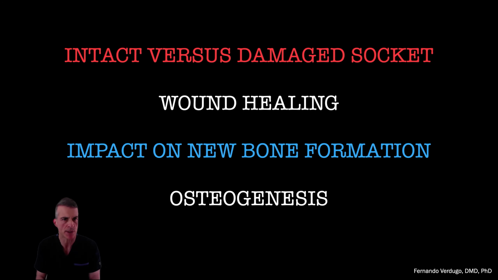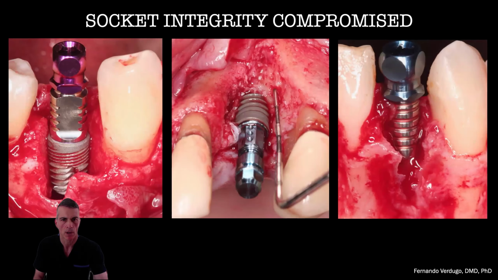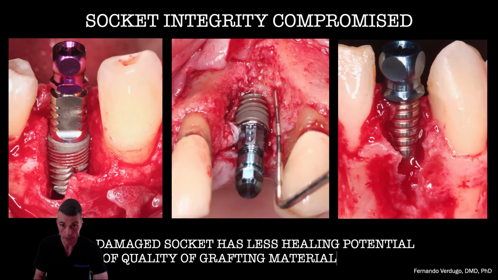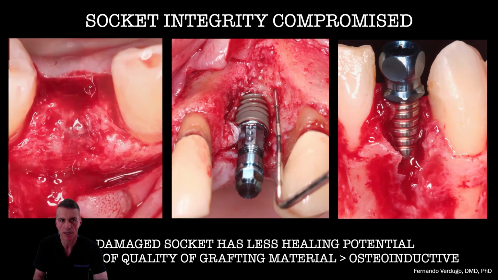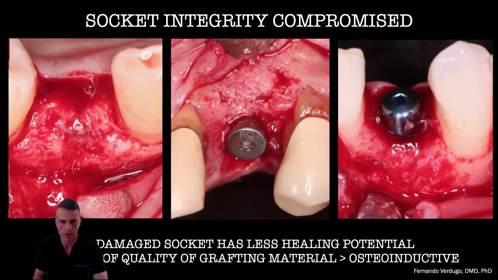But what about damaged sockets? Damaged sockets are even more delicate. Whatever we put in there, on a socket that has severe bone loss, it may impact new bone formation. And as we saw earlier, we want to get as much bone to implant contact, as much osseointegration as possible. The type of biomaterial that we place in these damaged sockets can make a difference. We can achieve, as we did in these cases, 100% new bone formation around our implants,